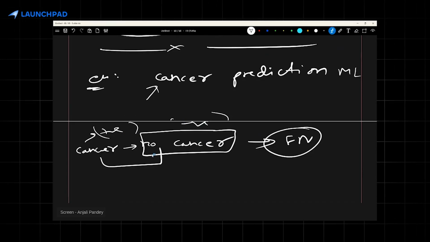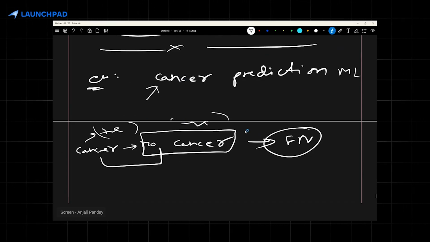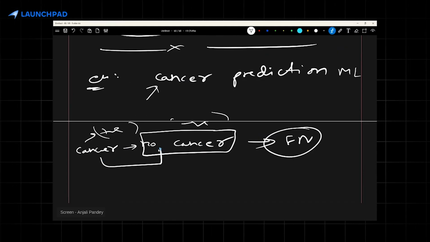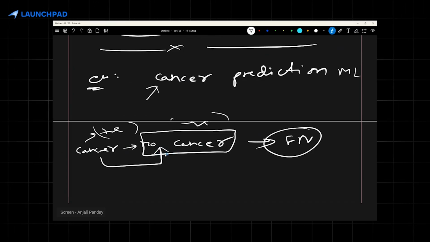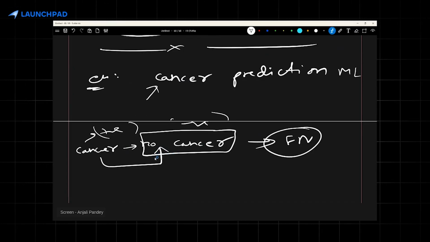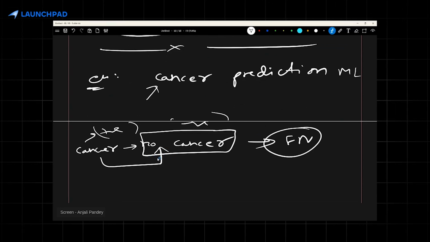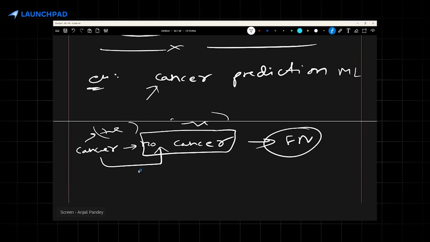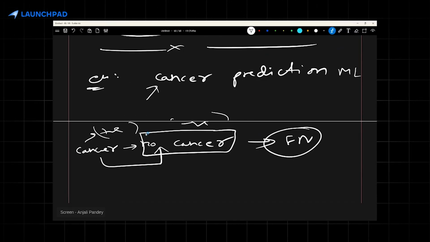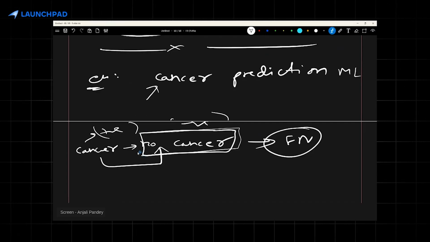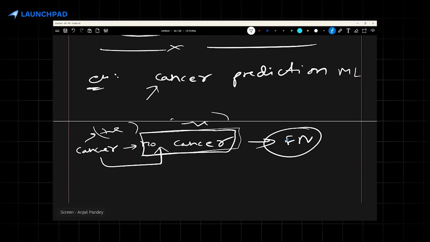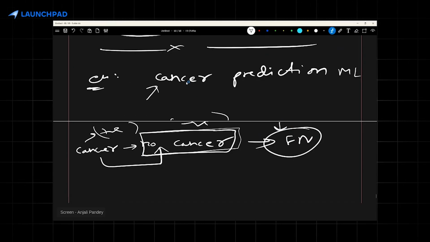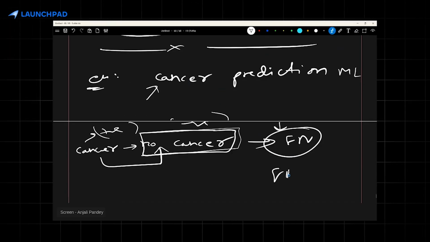You should avoid this kind of condition in medical cases. Why? Because let us say that this person was actually feeling sick, but because the report said that he does not have cancer, he will go back and relax. He will feel that okay, I'm just overthinking, and I should not worry that much. In that case he is going to lose a lot of time which he could have invested in going through treatments to get better. But just because this one prediction came out wrong, we probably have cost a human life. That is why false negative is very dangerous or hazardous in this kind of situation,